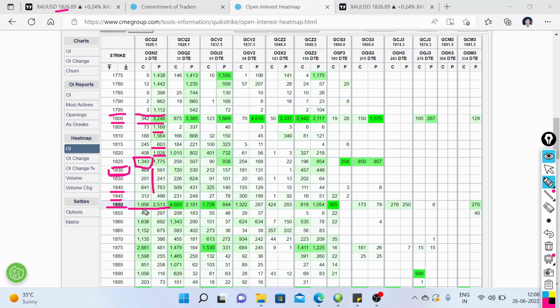So this is the major resistance on the upside, and this is the major support at 1800 for this particular expiry. So these are the levels that we have to keep in mind. And if we look over to the footprint data,